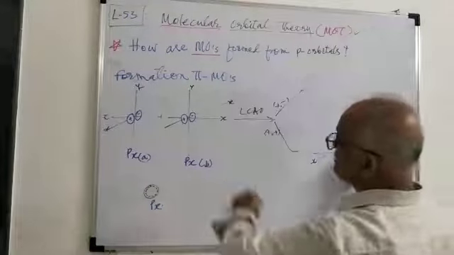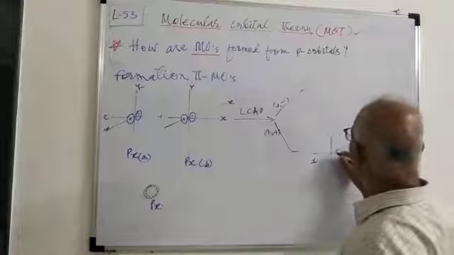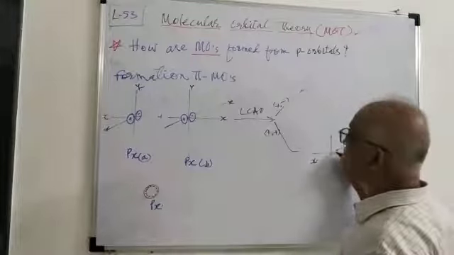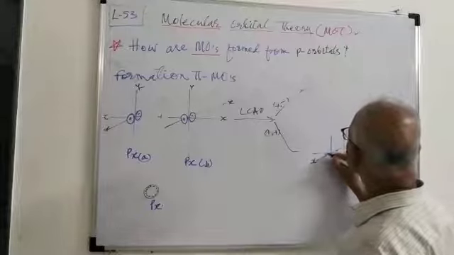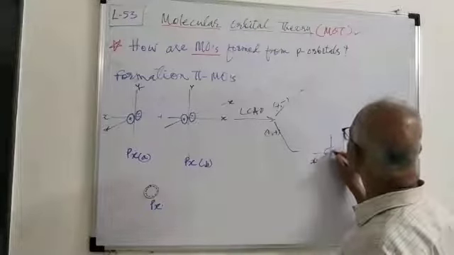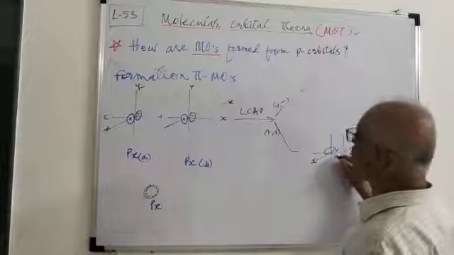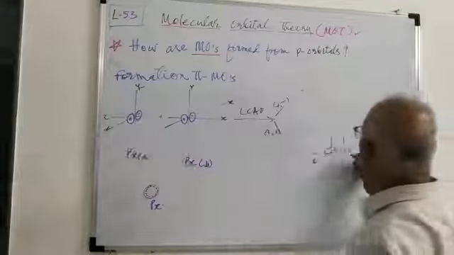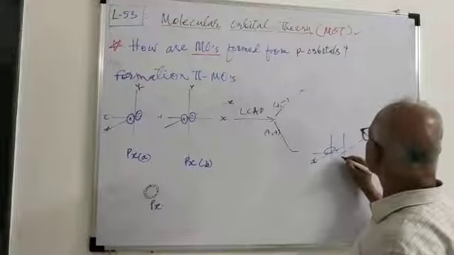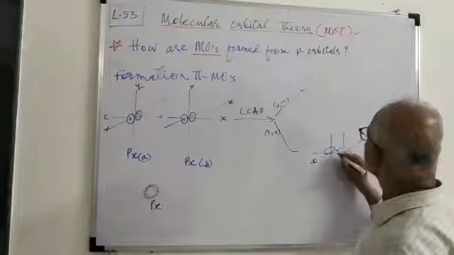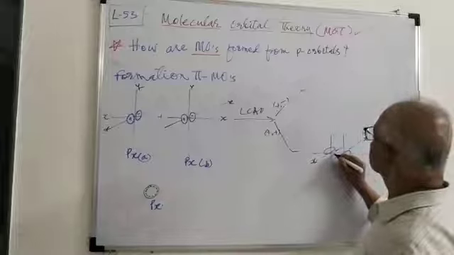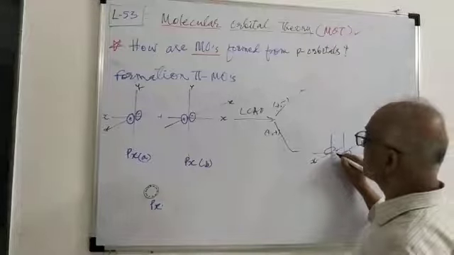So the two atomic orbitals will overlap in this way. So you can observe this is the outer atomic orbital. This is also an outer atomic orbital, and the two atomic orbitals